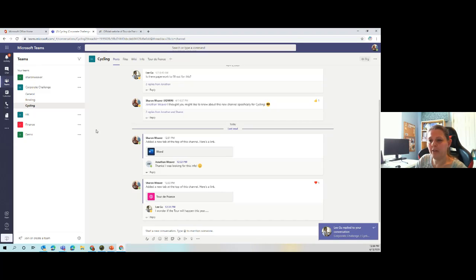So that's a little bit about teams and channels and files and tabs. Another big question that I get asked about is meetings. So there's a couple of different ways to create meetings inside of Teams. One way to create a meeting is simply over here on the left-hand side. So we've clicked on the Teams left nav, but we can also click on the calendar button,